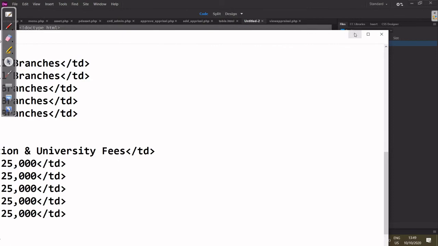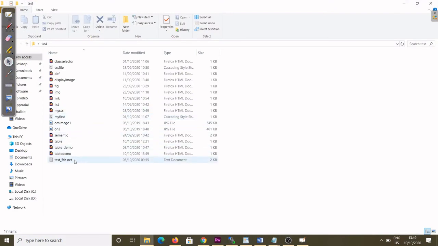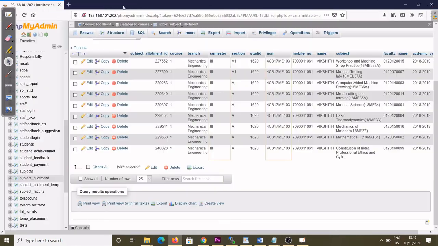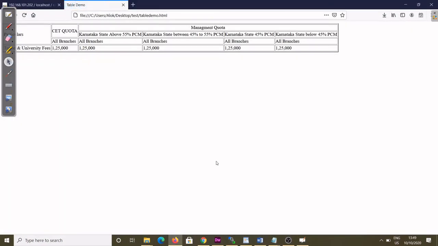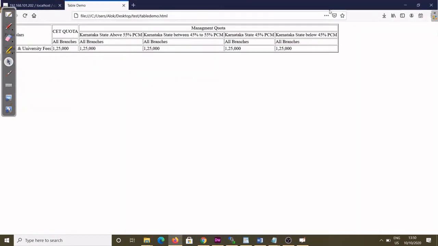Now we'll minimize and we'll open the folders. Yes, table demo, not this file, yes, this file, yeah, you see this file coming now. See the merging here, this is the center, this is like this, you can maximize also.